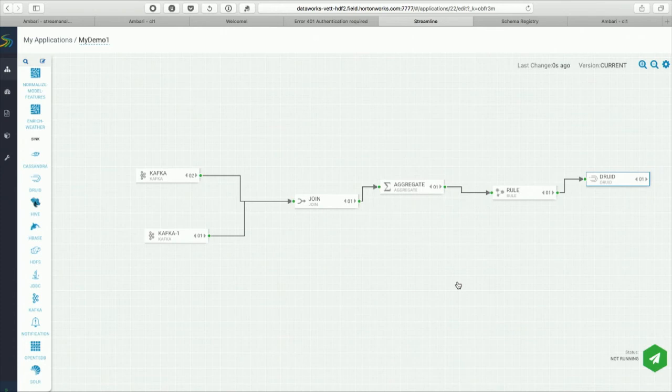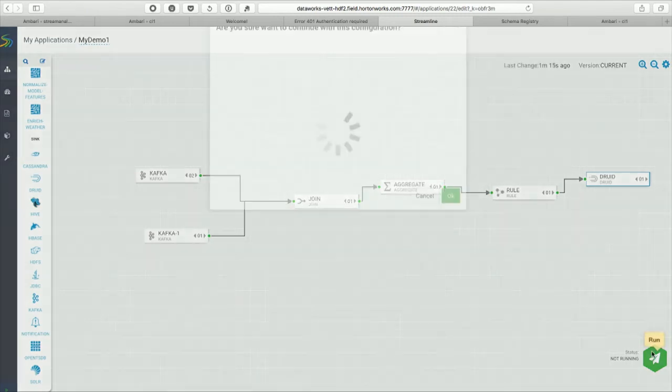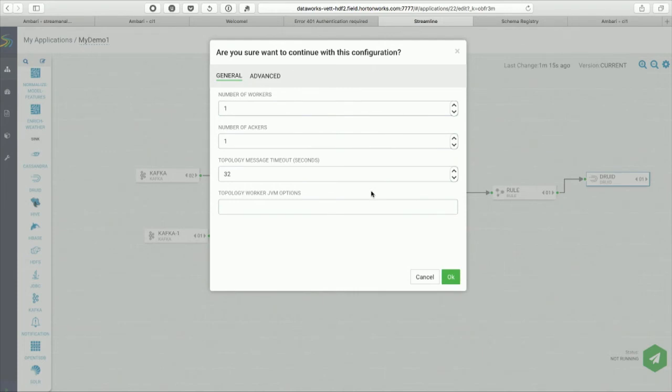So essentially, to summarize from the beginning, as a user, as a developer, I don't need to worry about where my services are running. I just used Ambari to create a service pool. Then I create an environment to talk to multiple clusters that are installed. In one cluster, I have Kafka and Storm running. In another cluster, I have HDFS, HBase, and Druid running. So now I created a topology based on that metadata that I have available. Once I go into the topology editor, all of my configuration is readily available. I need to pick and choose what I need and create an end-to-end topology within a few minutes. Once I click deploy, it gives me the configuration that I want to choose,